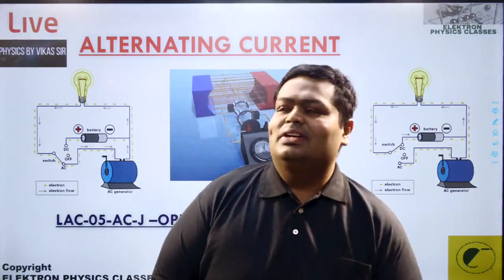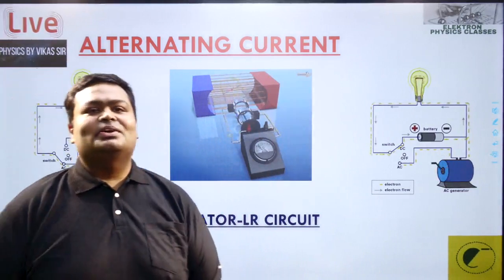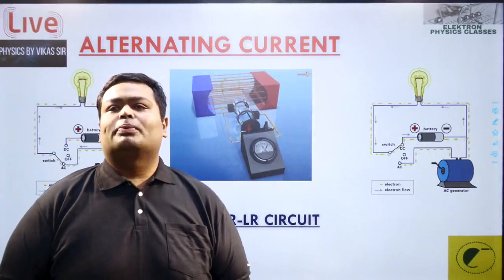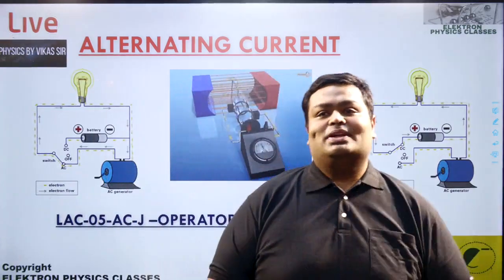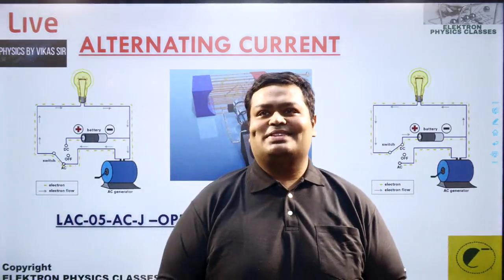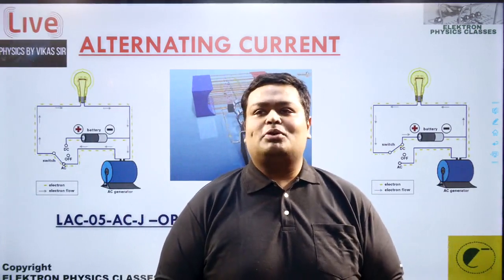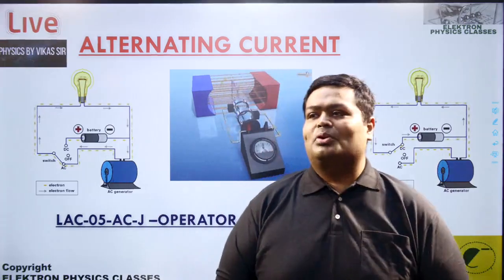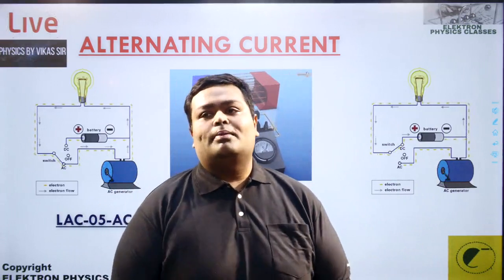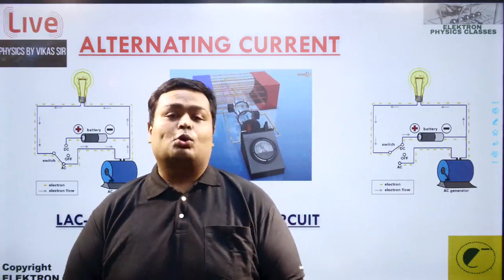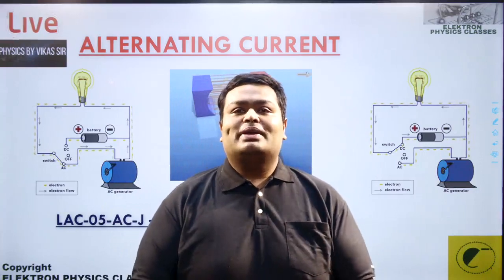Today the lecture is introducing the promise which I made to you, that is regarding a new operator in our life. This new operator is known by the name J, so it's a J named operator. It's the fifth lecture in the series on alternating current, where we have been discussing in detail why the alternating current is so important, why it is preferred over DC, and I hope you are also making the notes.